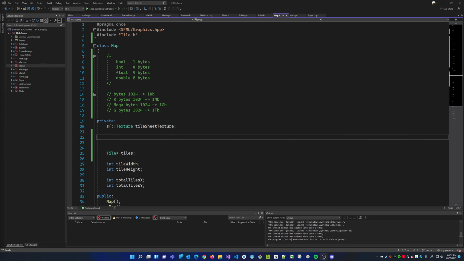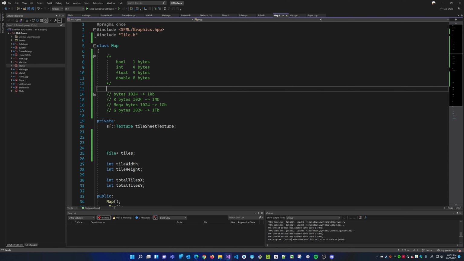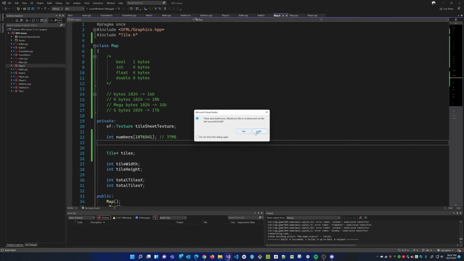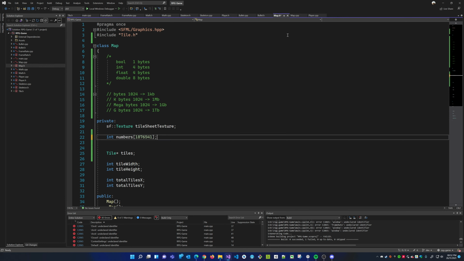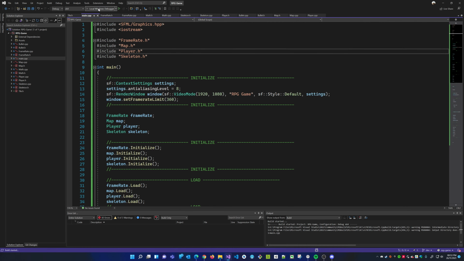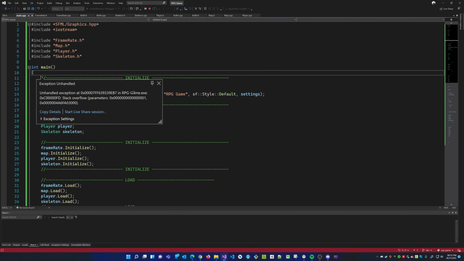Anyway, doesn't matter. Water under the bridge. Going back to this. If the stack is full, let's go into debug mode and see a number that didn't work. So, for example, this number didn't work in debug mode, right? Where's the main class? Right, sorry. So, if you fill up the stack,